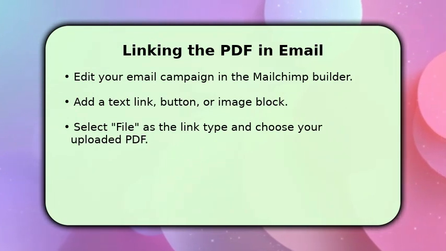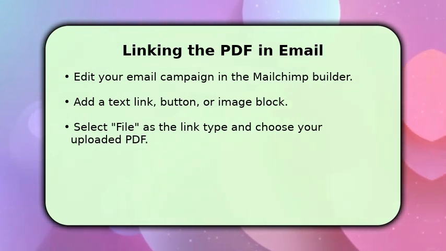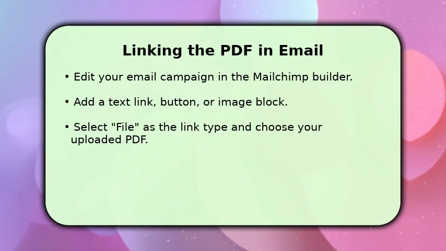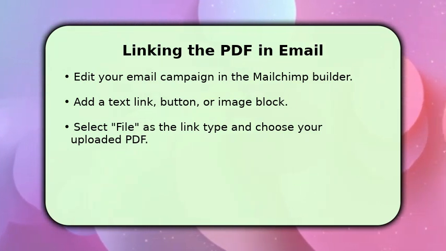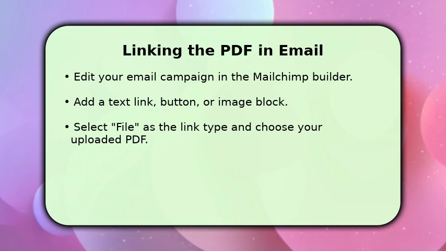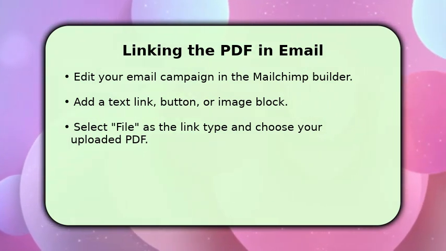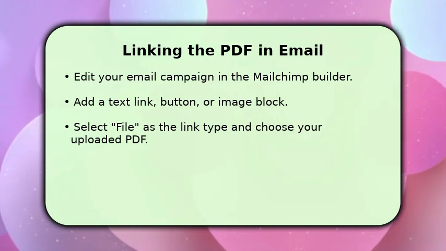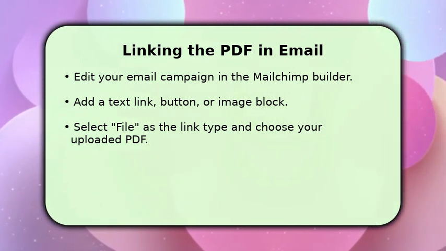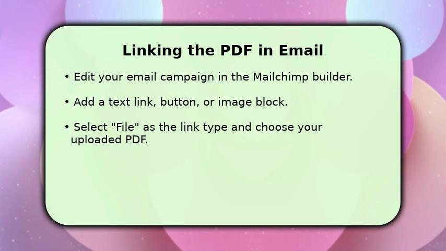Now, let's integrate your PDF into an email campaign. Within the Mailchimp email builder, you can add a text link, a prominent button, or even an image that links to your document. When configuring the link, select File as the link type. Then, simply choose your recently uploaded PDF from the Content Studio. When your subscribers click this link, they will be directed to view or download your PDF, providing easy access to